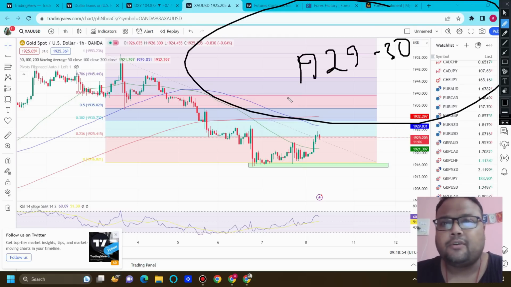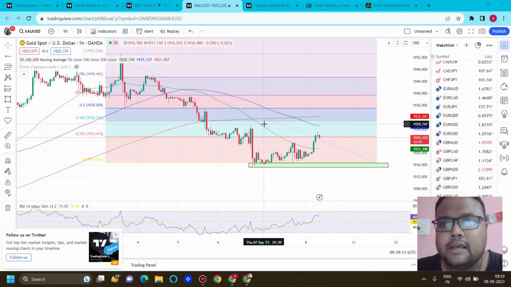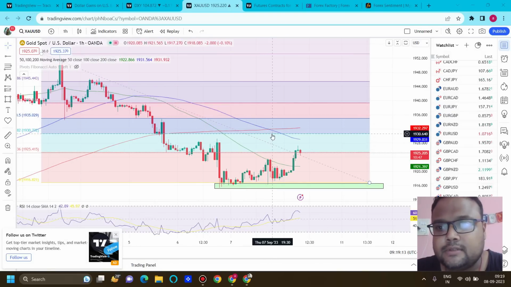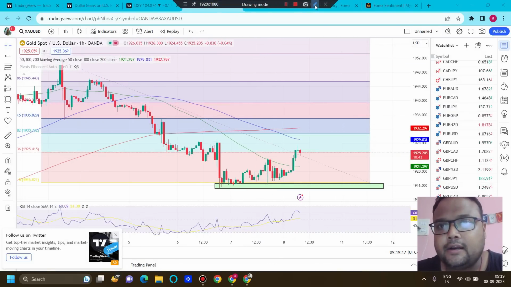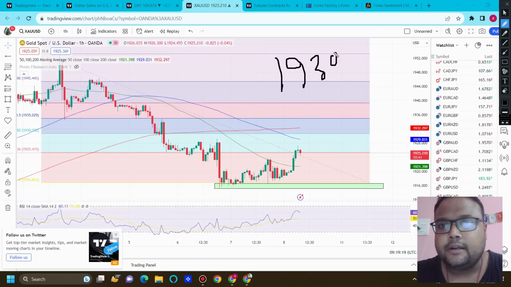Day traders, you can look for a quick selling opportunity for around 30-40 pips. If the market reverses, if you see the market showing price rejection from above, you can look for a sell. Go to the 50 minutes time frame, because the 1 hour time frame will be a slower one in dynamic resistance. Okay, 1929, 1930 is the first level where you can look for a sell, and then just above, we have 1930.5, where we have the FIBO 38.2% retracement level.